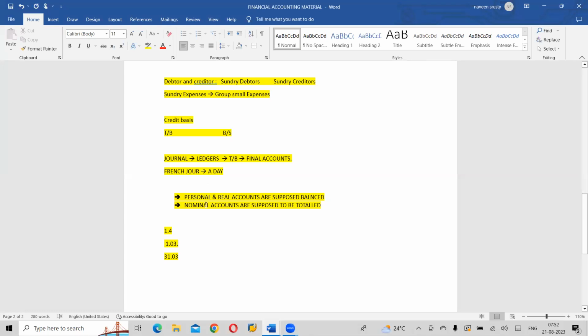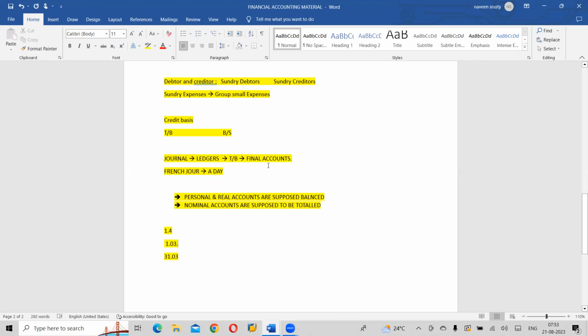Why are we closing before 31st? Why are we partially closing? Because on 31st, we can't do all the activities. We need to close all the 1 lakh books. We need to prepare the trial balance. We need to prepare the final accounts. It is not possible. So that is the reason, in manual accounting, they will close on 1st March, which means partially closing, nothing but ledgers are closed. And after preparation of ledgers, the companies can directly do the final accounts.